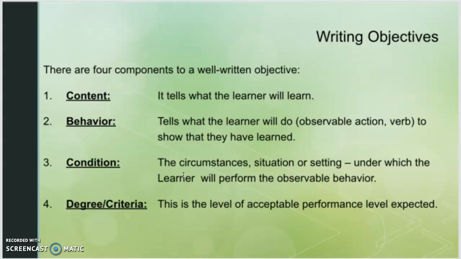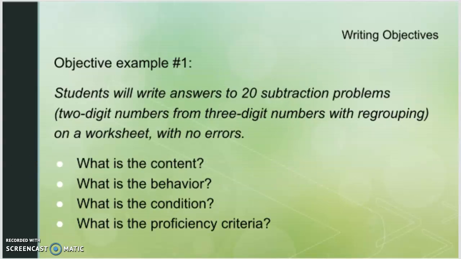And then the fourth one, the degree or criteria, is the level of acceptable performance. You can think about this as, how would I grade these, or how will I know if a student actually walked away and was successful in meeting the learning objectives? So let's look at an example here. Let's take a real simple